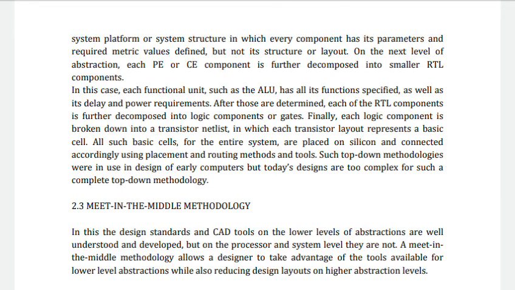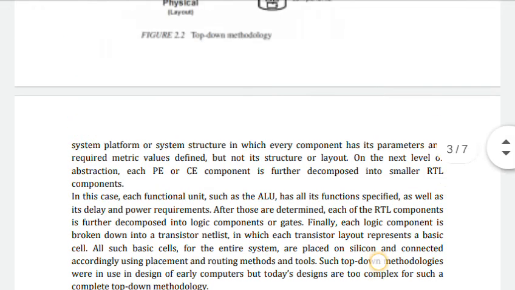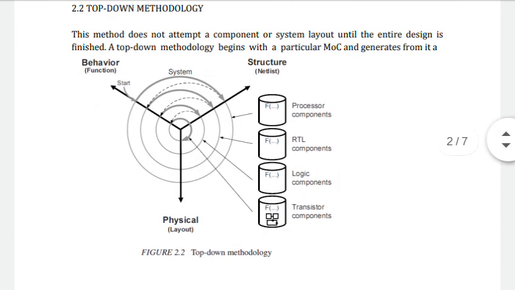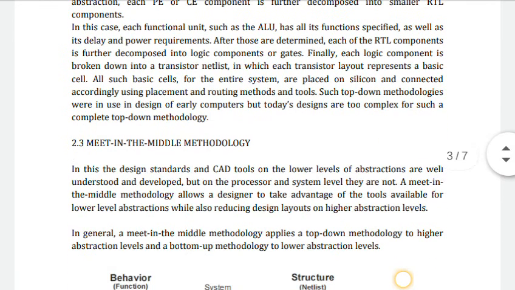Finally, each logical component is broken into the transistor netlist, in which each transistor layout represents a basic cell. Okay, just as I said, the processor components are decomposed into RTL components, then to the logical components, then to the transistor components. This is the top down methodology.